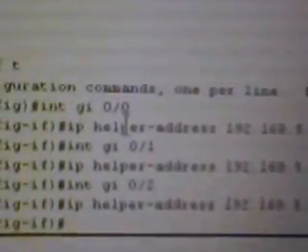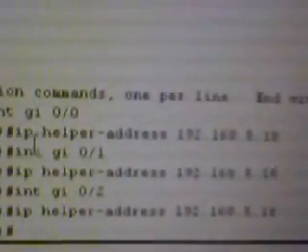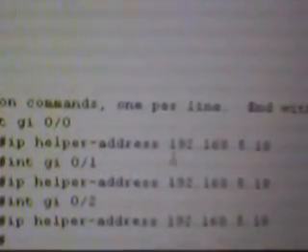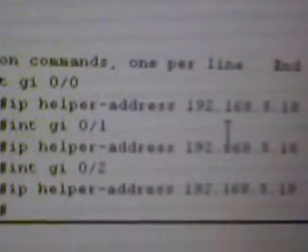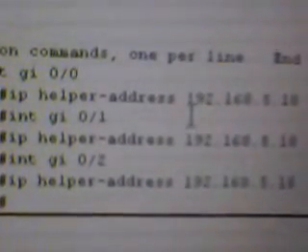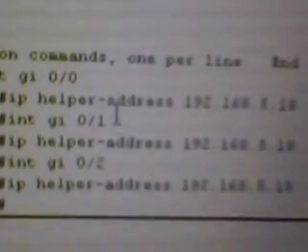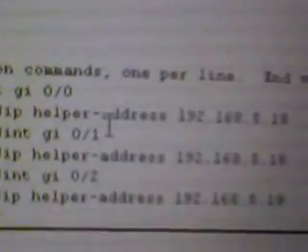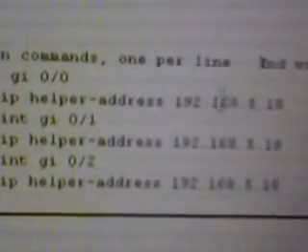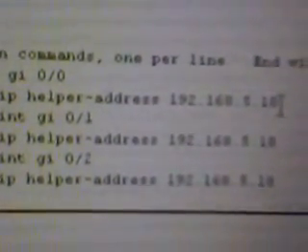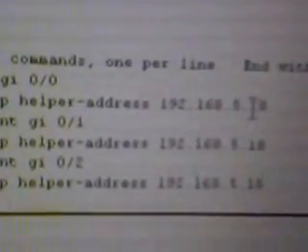LAN 1 is connected with GigabitEthernet 0/0, and this helper address command makes the router unicast. So 5.18 is this server's IP address. So what we have to do is just minimize it and go to the server.